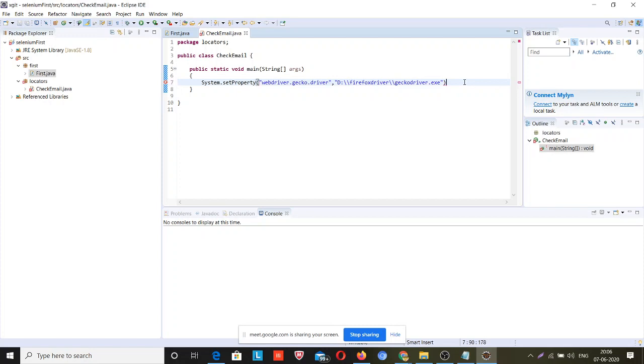Okay guys, so now it will come to know, okay, I have to open the Firefox browser, and that Firefox browser driver is present in this path. So first step tells that I have to open the Firefox browser.